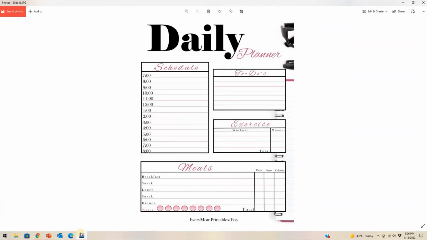Okay, today we are going to make a daily schedule. This is one that I have made and I sell on my Etsy shop and sell on my blog. It's pretty basic. You can make a daily schedule or daily planner totally customizable to whatever you do in a day. So yours might look totally different than mine, but I'm just going to show you,